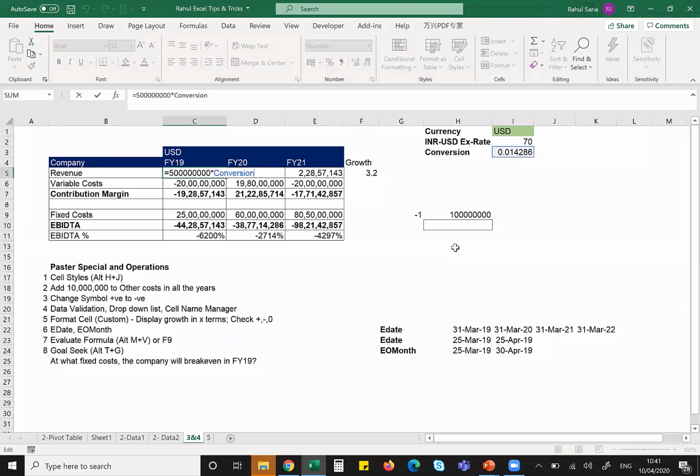So what was INR 5 crores has changed to 7 million USD. Interesting, right? That was 50 crores, it changes to 7 million USD, correct? So similarly, I can just go and multiply with conversion into all the cells. Interesting, guys. This can be very useful for all of us when we create this kind of conversion factor and we want to see the same report in multiple currencies.